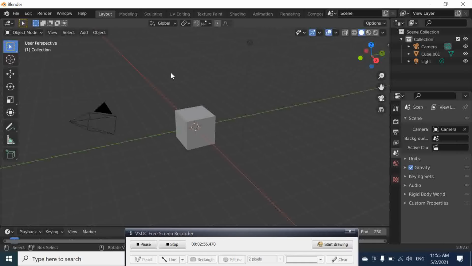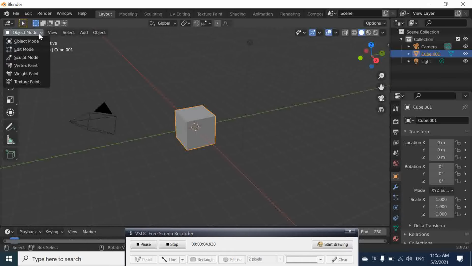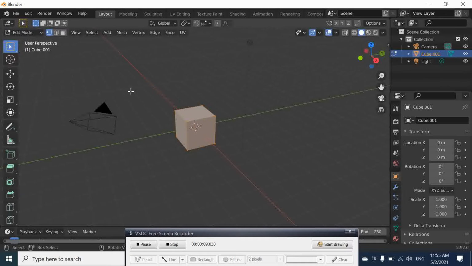Now we are going to do the same thing in edit mode. So here we select the objects and we go to edit mode, and here you can see now the object is appearing differently.